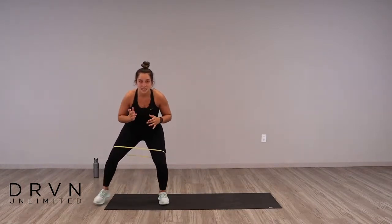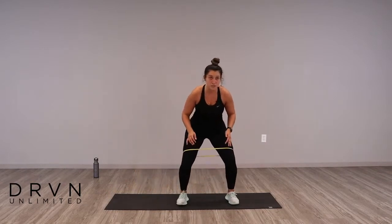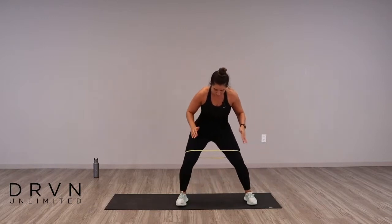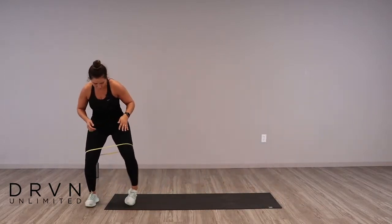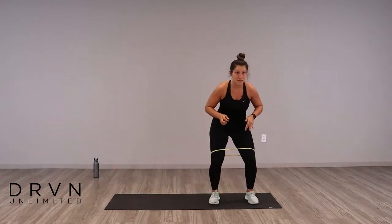I'm getting down, shuffling all the way across. Both my toes are facing forward this whole time. I'm gonna keep my feet wide apart, and my knees wide apart, so I can keep tension in that band the whole time, so we're not coming all the way back in,